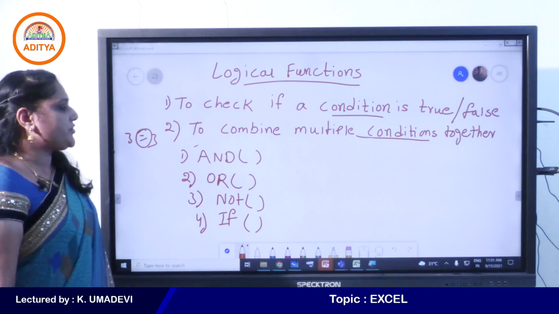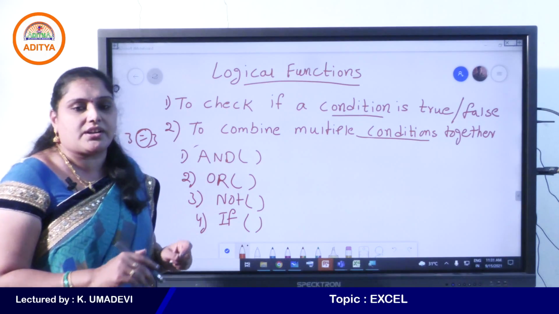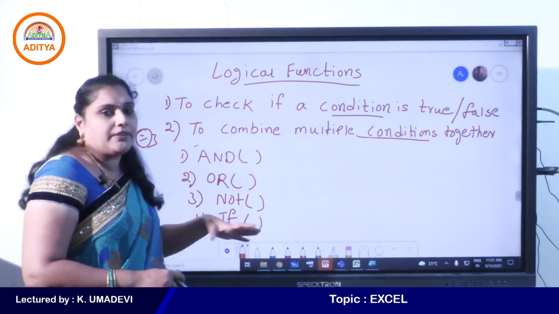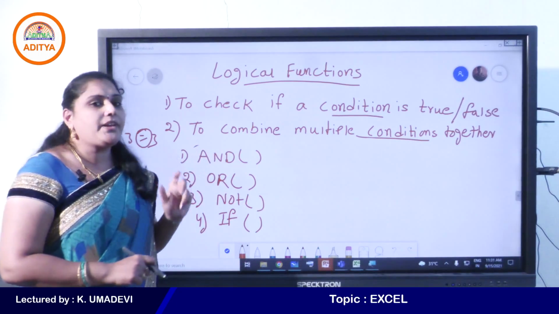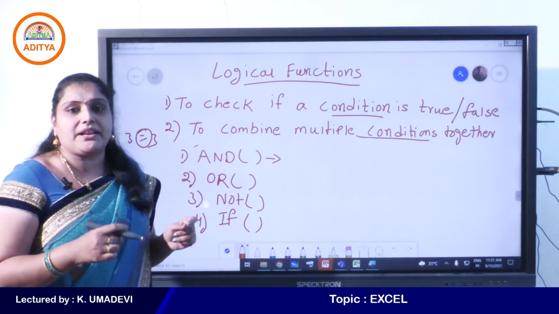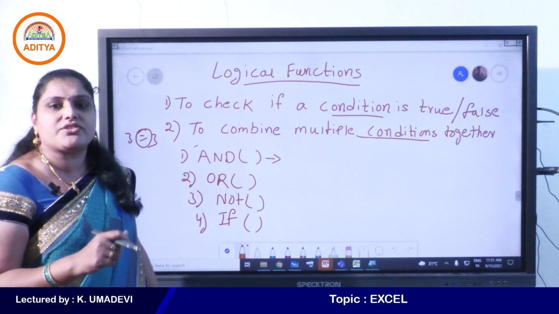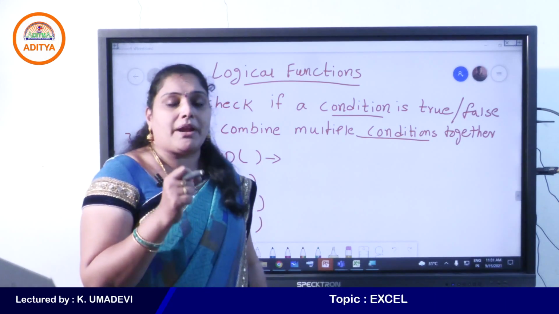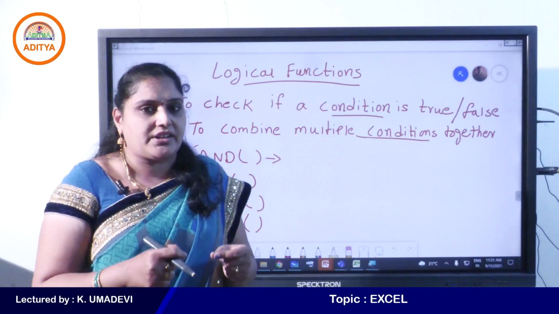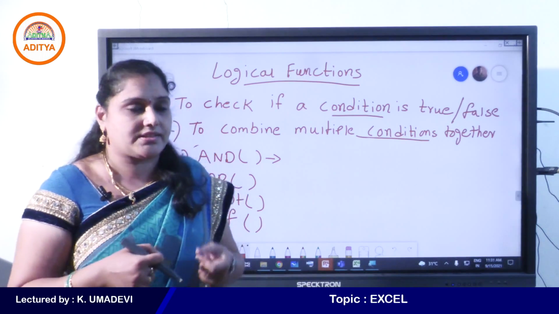So these are the most important functions that come under the logical functions category. AND, OR, NOT, IF. First one, AND function. See, AND is used to test multiple conditions. AND is used to test multiple conditions. And the AND function is used to return either true or false.